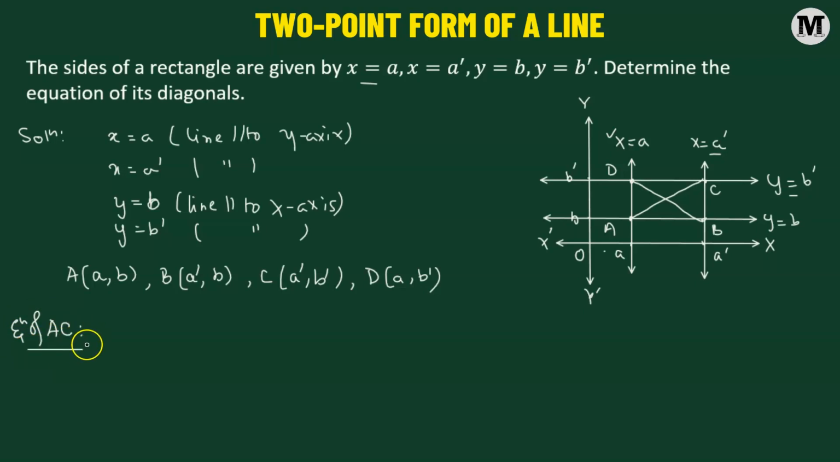Now how do we find out this equation? We're going to take the help of the two-point form of a line. So let's quickly recapitulate what's the two-point form of a line. Let's say we have a point with coordinates x1, y1 and we have another point x2, y2